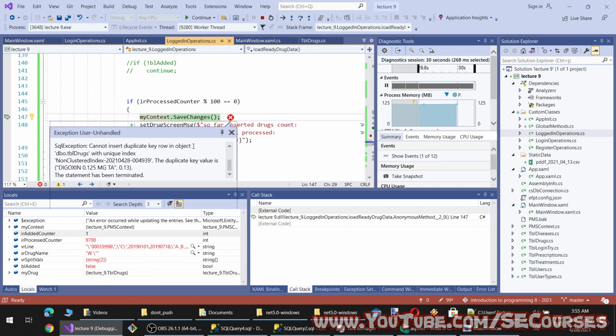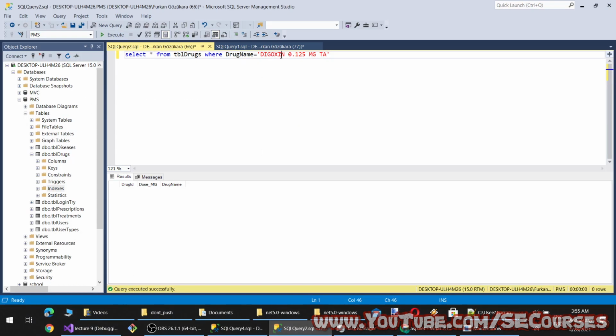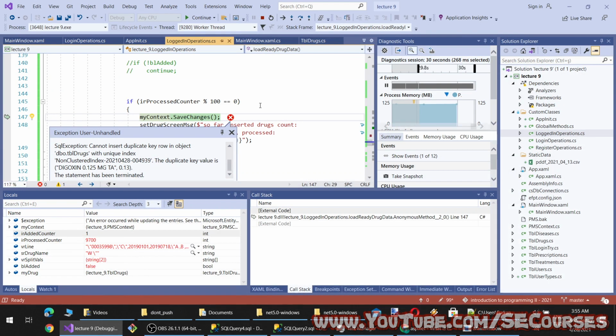But it throws an error. Why? There is no such record like this. Okay, it says that there is a duplicate key.